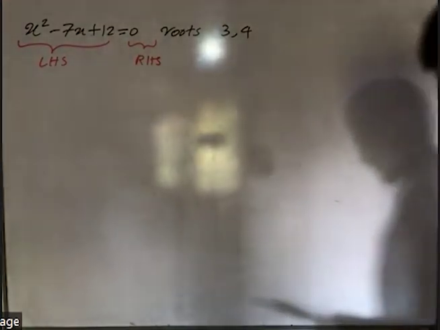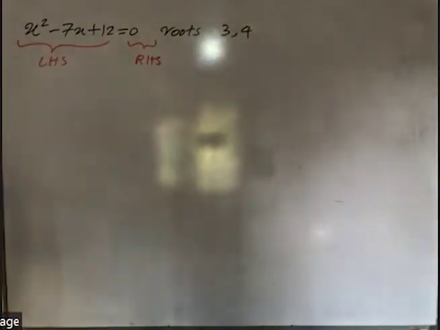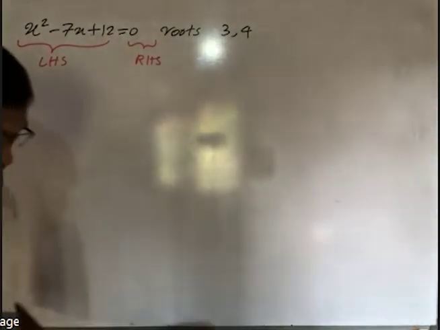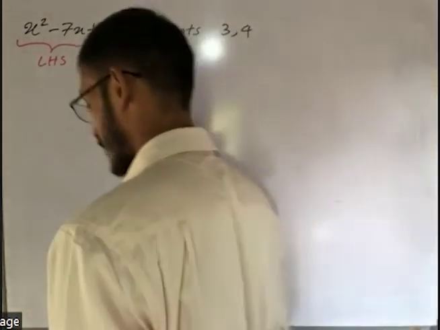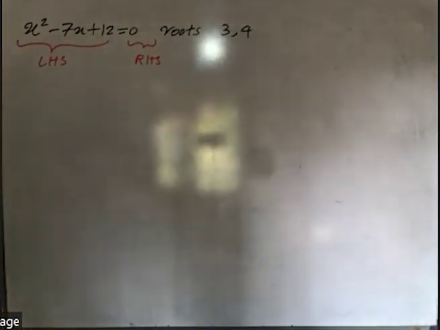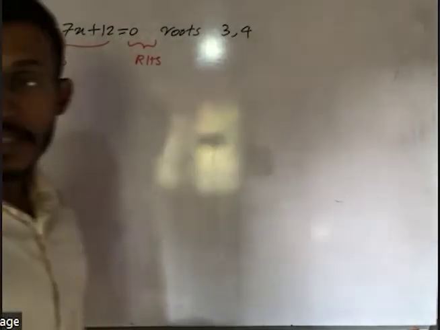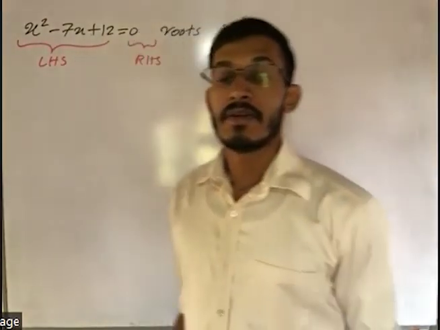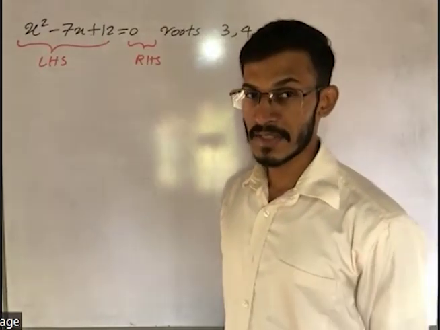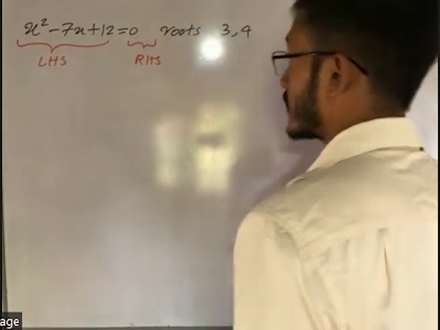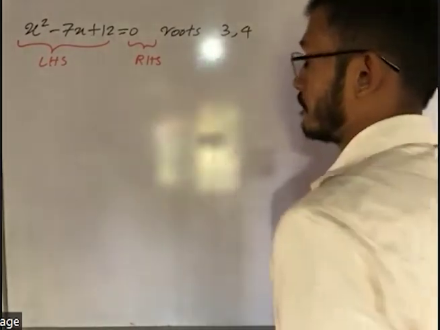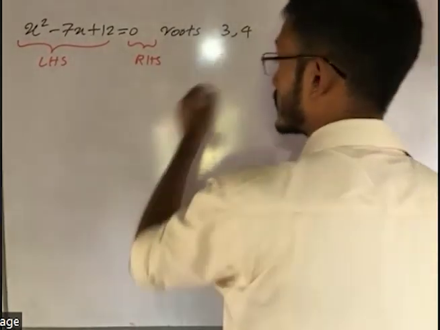So write down a point in red color. Write down a special point in red color: the roots of any equation will satisfy that equation. So what do you mean by that? Let's see. Here the roots are 3, 4. So if you take the value 3,